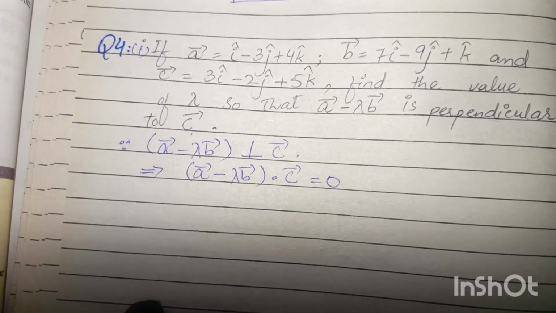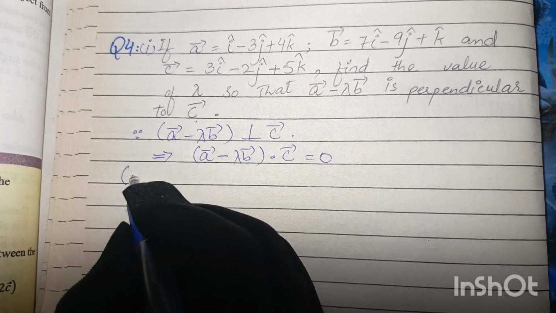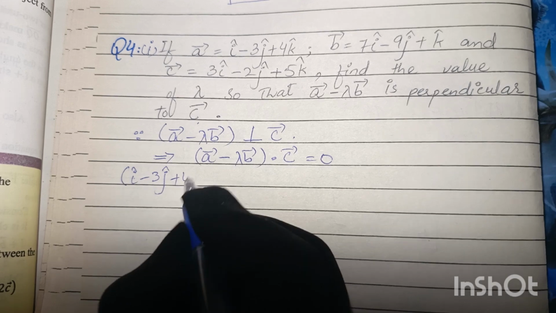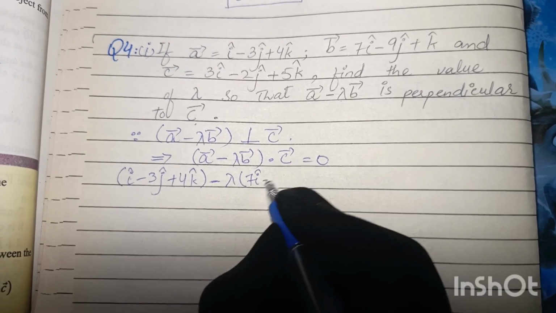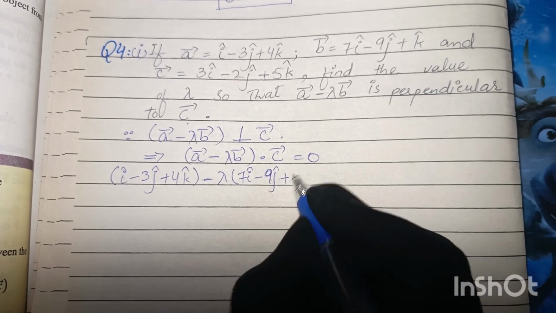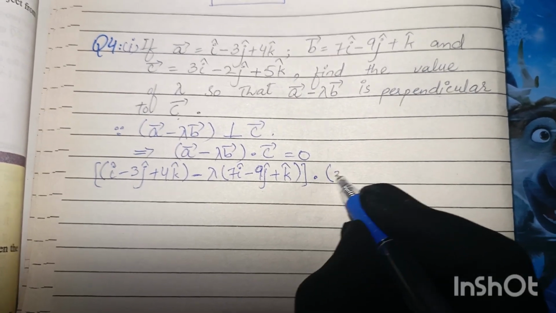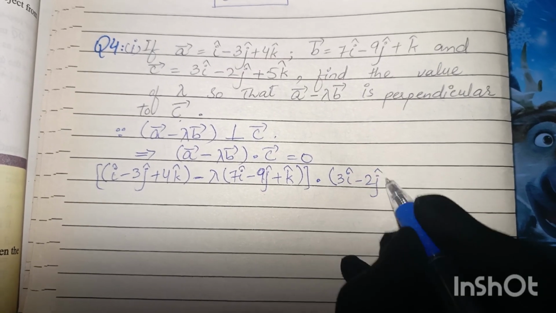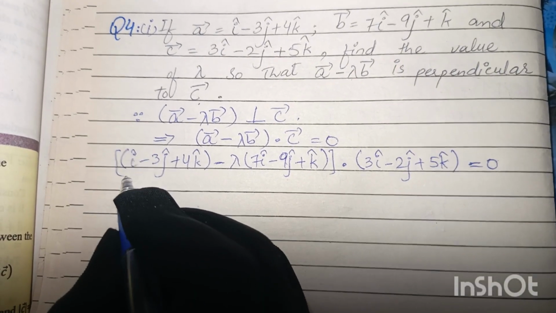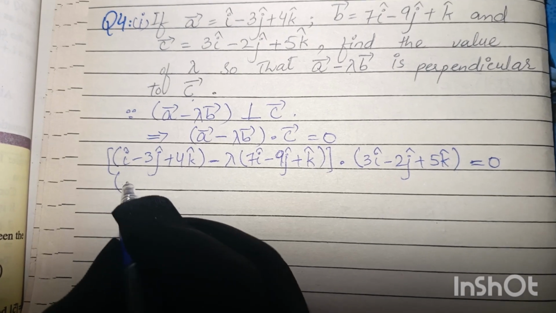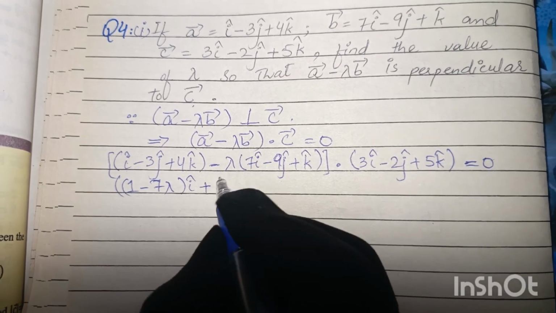So now we put the values of A, B and C vectors. The value of A vector is i minus 3j plus 4k minus lambda, and the value of B vector is 7i minus 9j plus k, dot the value of C vector, which is 3i minus 2j plus 5k, is equal to 0. So now after simplification, (1 minus 7 lambda) is the i component, and